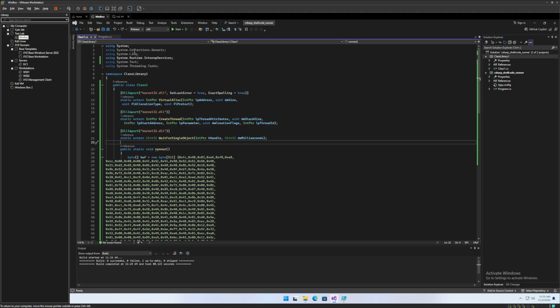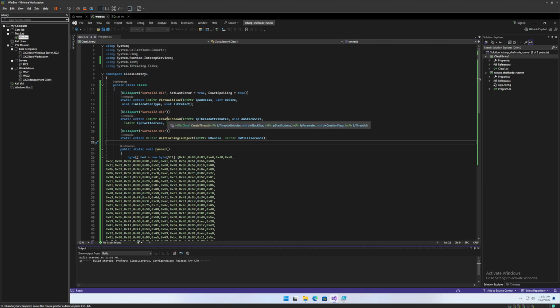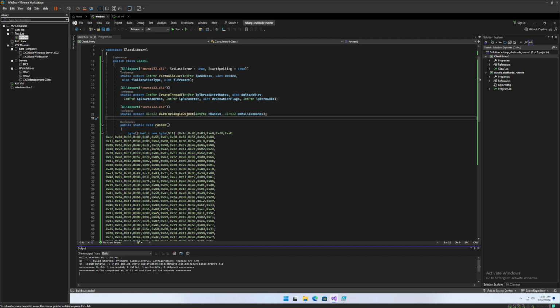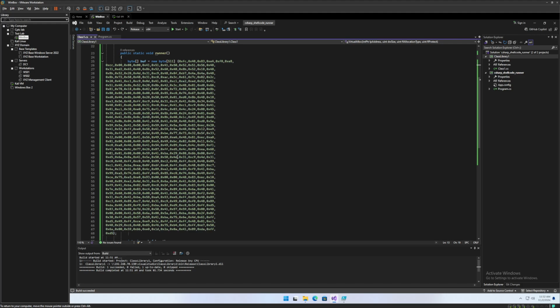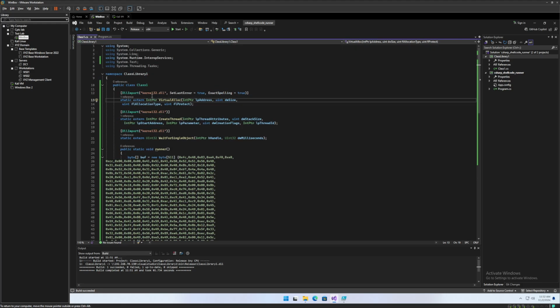So I have this file here. I will build it. Okay, let's build that. This is a typical PowerShell shellcode runner, C# shellcode runner. We have our DLL import statements, our P/Invoke extern functions to map Win32 APIs to C#, and we have our shellcode here generated using MSFvenom, and most importantly, notice that it is placed in this function, public static void